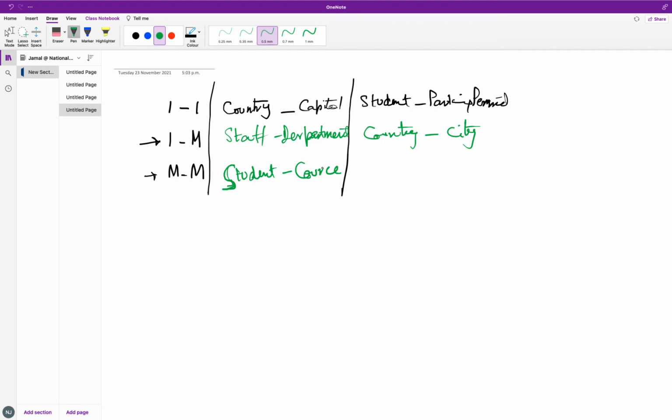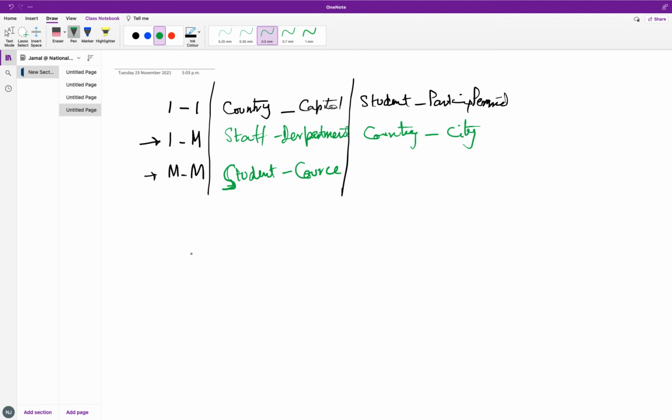Because each student may enroll in one or many courses. Similarly, each course may have one or many students. So the relationship is many to many, right? Whenever we have many to many relationships, it means there are some attributes hiding in between these relationships. So we have to resolve this relationship of student and courses,